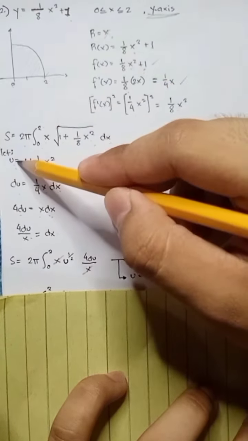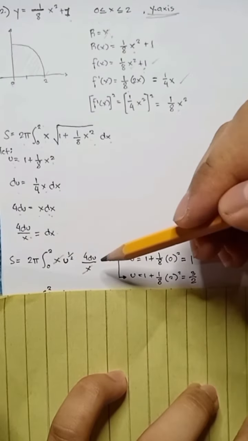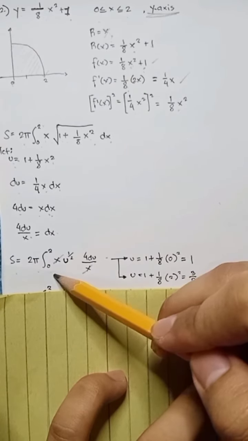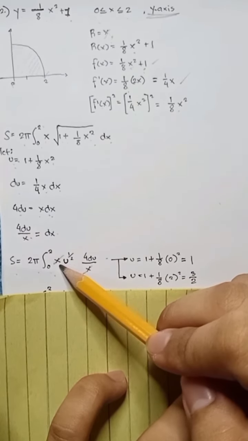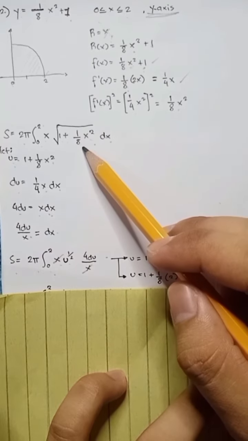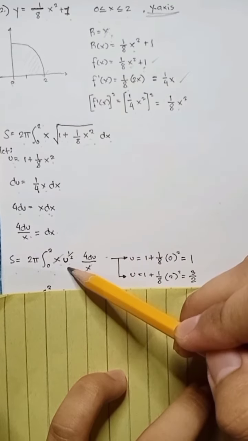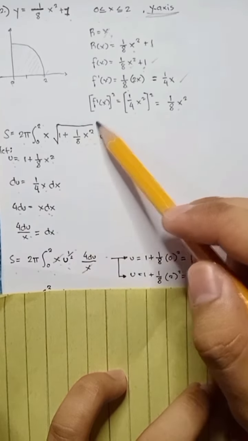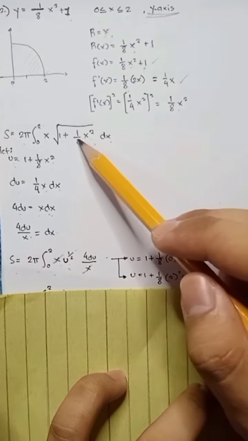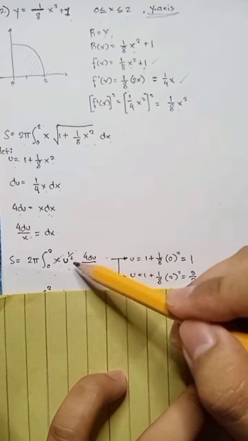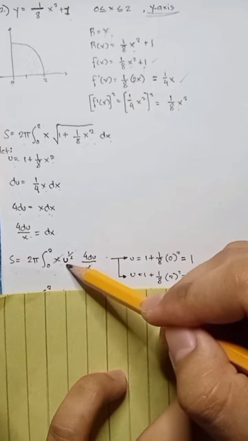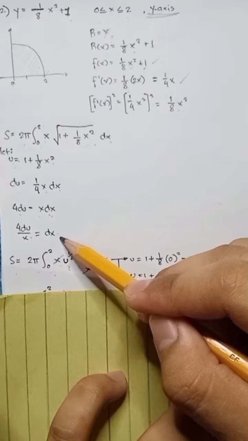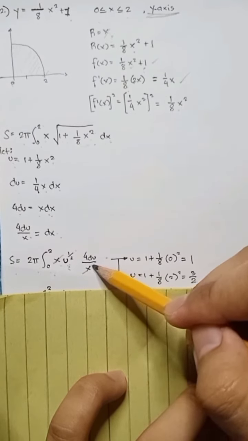Using u substitution na, i-apply natin siya dun sa formula. Then S is equals to 2 pi integration of 0 to 2 pa din. Then x natin kanina. Then yung u, ginawa na natin siyang u raised to 1/2, kasi yung square root na itong 1 plus 1/8 x squared is simply can be written as u raised to 1/2 times yung dx kanina, ang equivalent ng dx natin dito is 4 du over